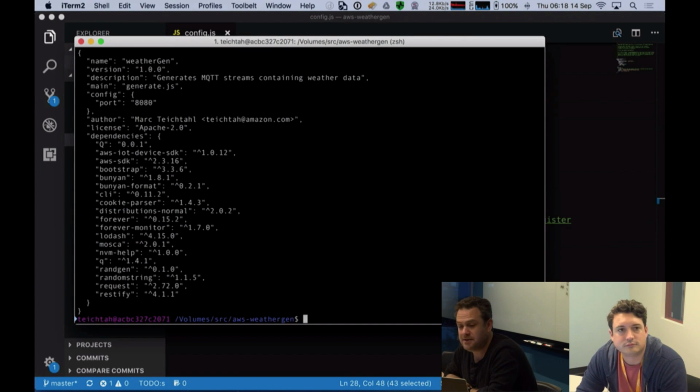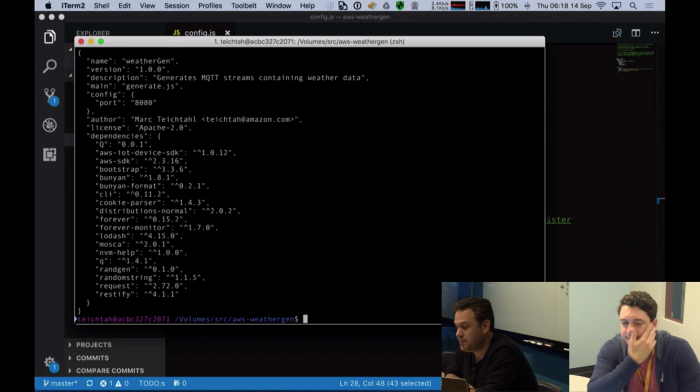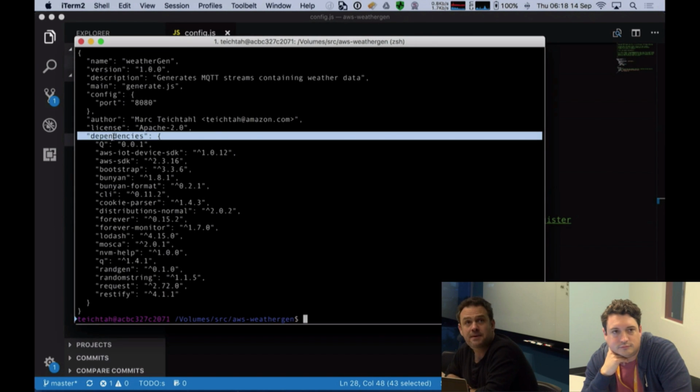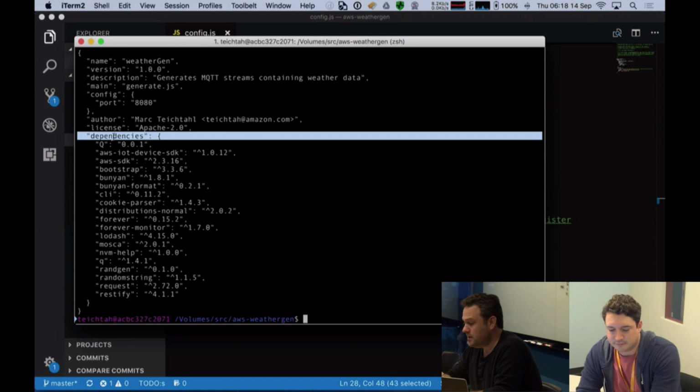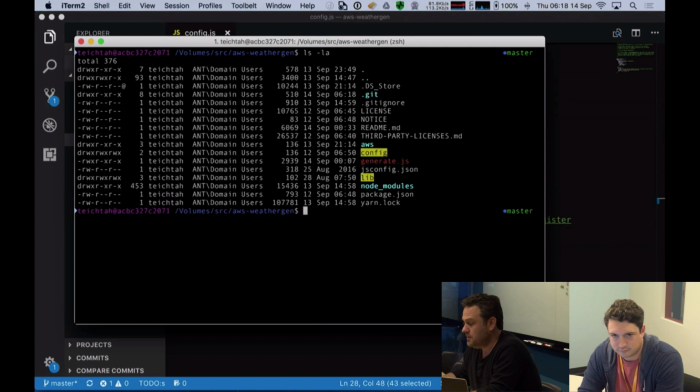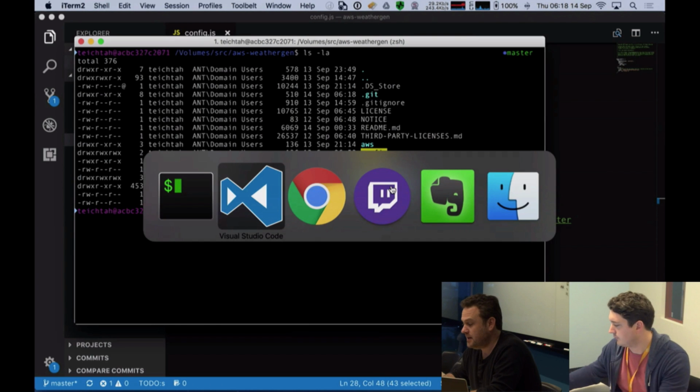It's a standard package definition, and you can see here there's a number of third-party dependencies linked in here. And what we'll do here is we'll use a package manager called Yarn, as I mentioned before, and Yarn is going to bring in those dependencies. When you clone this repository, you'll actually notice that there is no node modules directory already there.